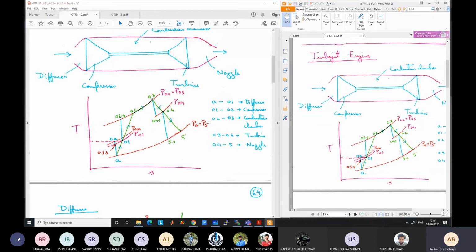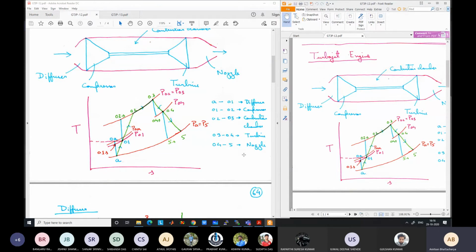And what Ujjwal has said, maximum temperature and inlet condition and the compressor pressure ratios. These things we can assume to be known. Okay, so then we have to proceed step by step to find out our target after knowing these things. Our target is to find out the performance characteristics.